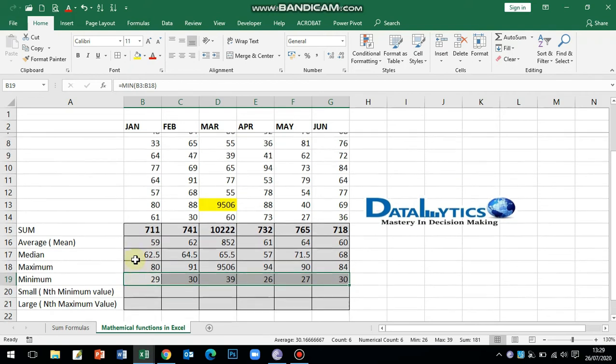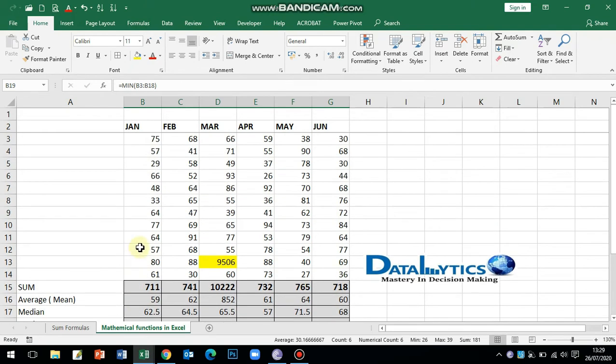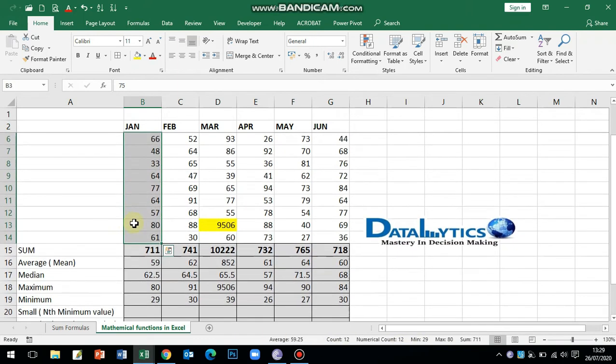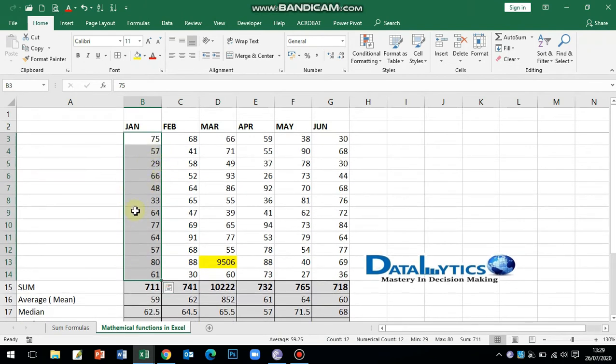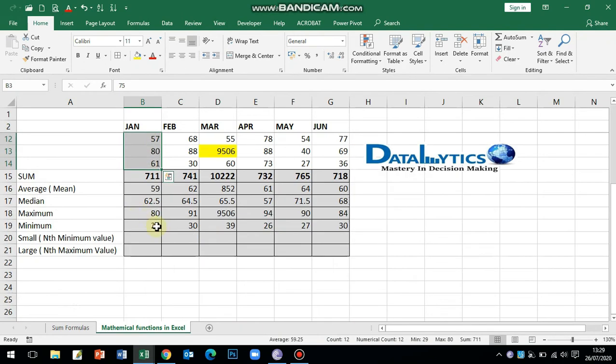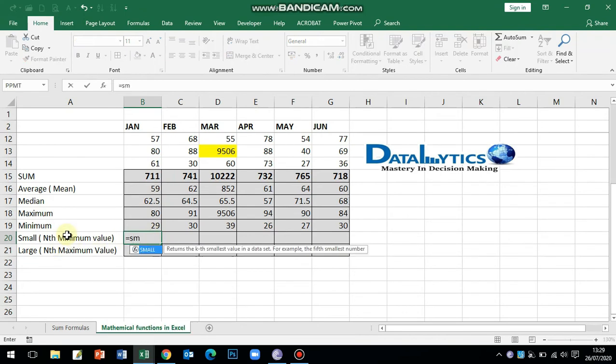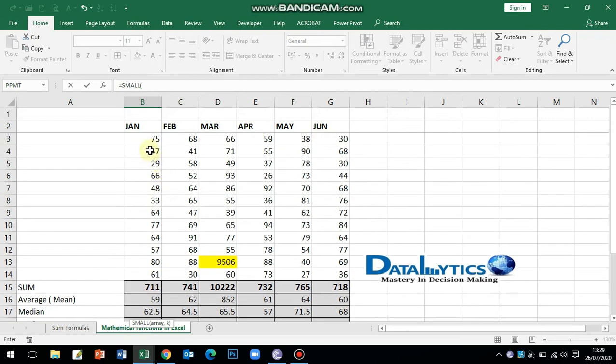Now there is a scenario where you want to get the second minimum value of your database. Let's say this is a database and the minimum value is 29, but you want to get the second minimum value, and in this scenario the value is 33. How will you derive that value? For that purpose Excel has a built-in function that is SMALL. If I apply the formula SMALL, as I open my formula, initially it says that you have to select the whole range. I will select my range,